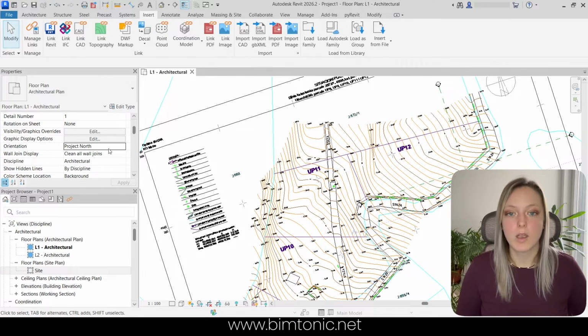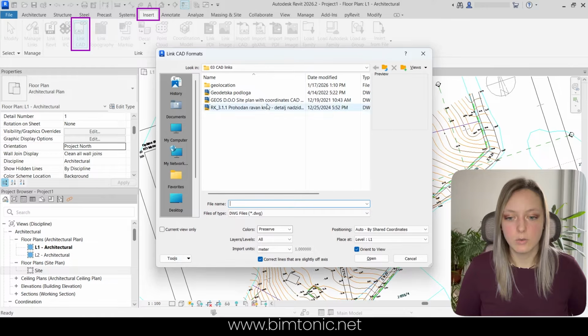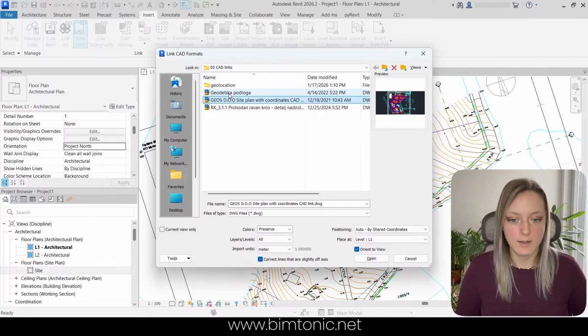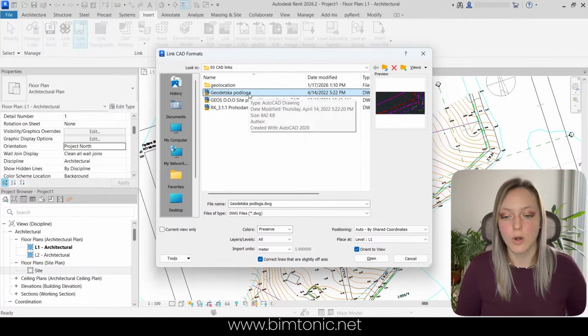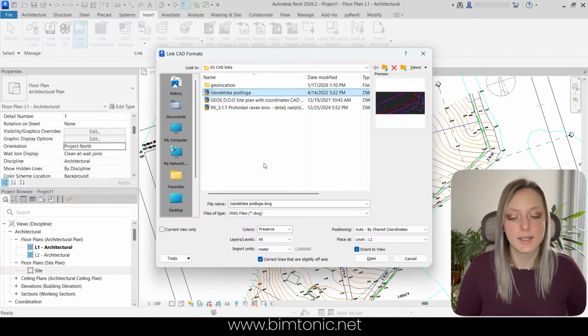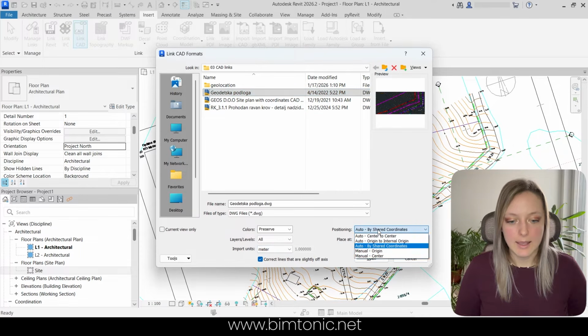Now that I have turned my orientation to Project North, I want to link this same file again in this model using the shared coordinates option. So I go to Insert, Link CAD, and before that I use this same file and copy it again, just using a different name, because Revit will not let me insert the file with the same name again. I just copy it and rename it, and then I can link it again. And what I do now is I make sure that import units are meters, and I actually use